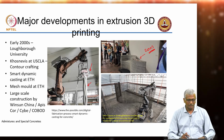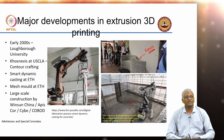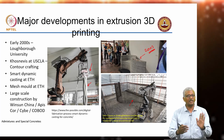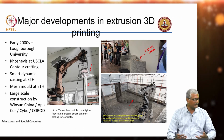Okay. Then they also at ETH looked at something called mesh mold casting. So, you have a 3D printer that basically unfurls the mesh, and then you do shotcreting to ensure that the concrete can go around the mesh. So, this is again a form of digital construction. You really don't need too much manual